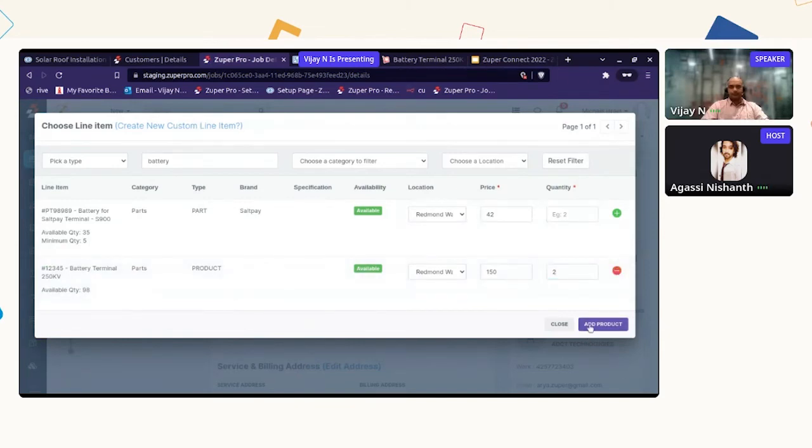Thanks, Vijay. Great. Yeah, so I am now adding a product or part consumables here, which is battery terminal 250 kilowatt, and it is for Redmond warehouse. I will add this product,